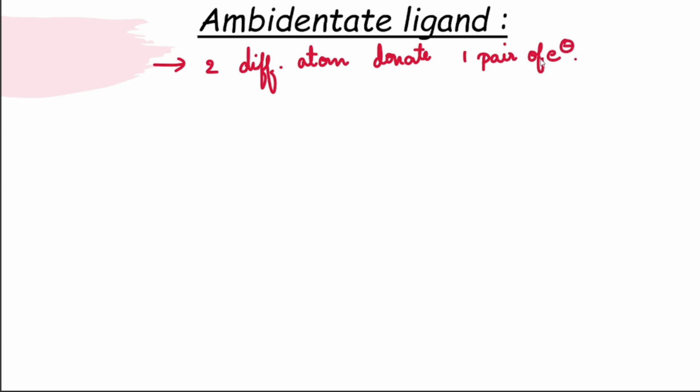So as it only donates one pair of electrons, this comes under what, children? This comes under monodentate. Ambidentate comes under monodentate ligand because it can only donate one pair of electrons. So ambidentate ligands come under the monodentate ligand. So I have said the examples earlier itself. The examples for the ambidentate ligands are cyano. That is because the cyano can be